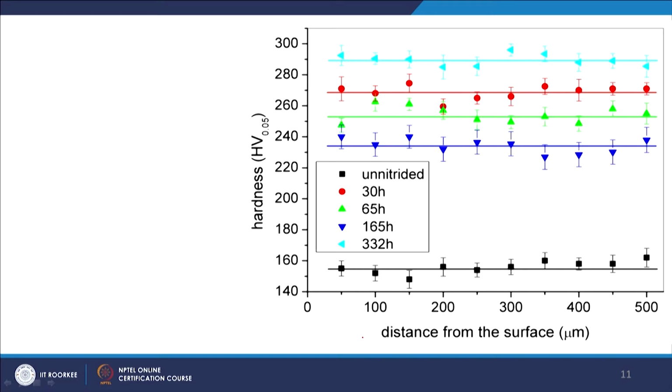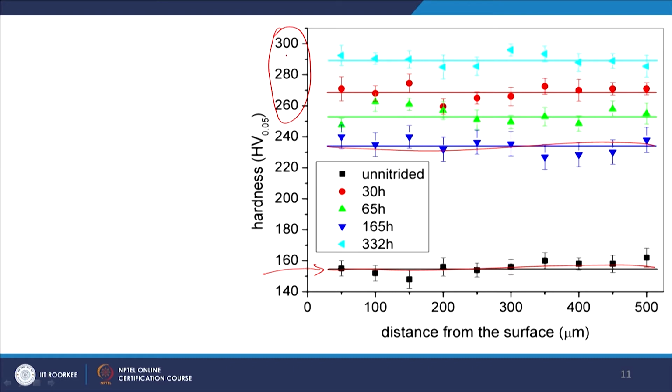Now, if you look at how the hardness is changing: if you remember from iron, chromium and vanadium, there is a significantly high hardness in the nitrided region and a sudden drop into the core of the sample. But here, this is the hardness level as a function of depth in the sample. The level of hardness is quite the same throughout the thickness of the sample. That means it is something like a bucket filling kind of effect, and the level of hardness is only a marginal increase compared to the base level hardness.